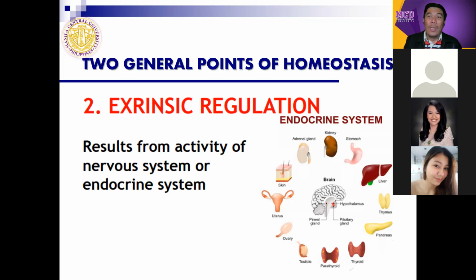It passes, and it leads to cessation whenever an individual reaches old age, because that's the time the hormones are already decreasing in level. So extrinsic regulation is not continuous, unlike the